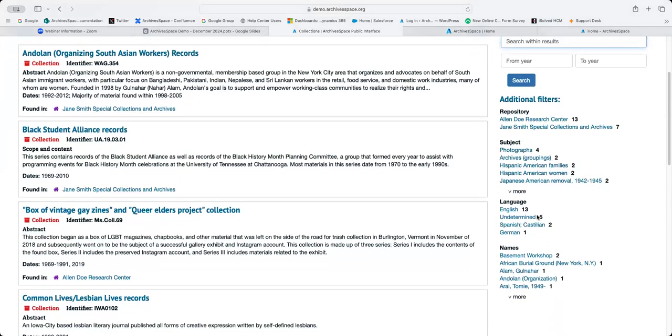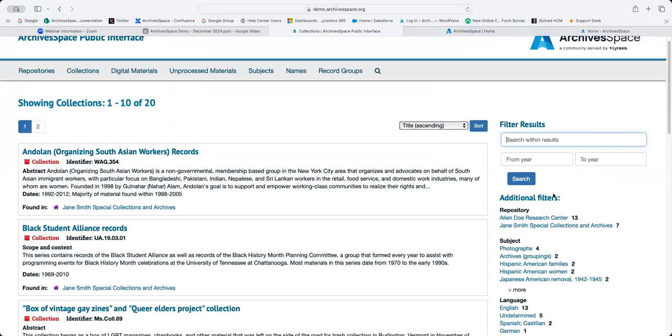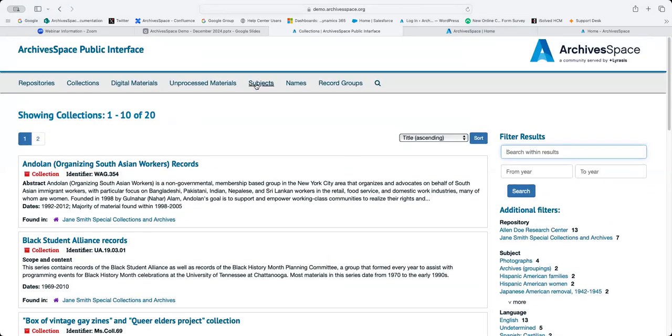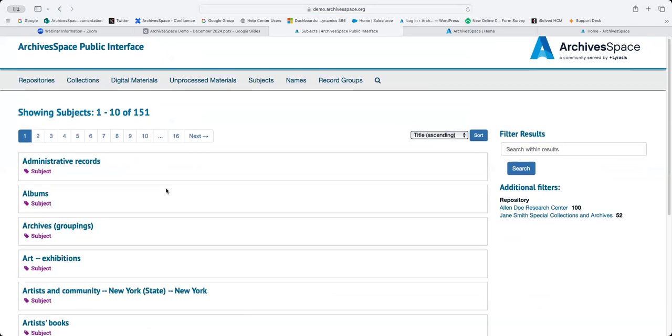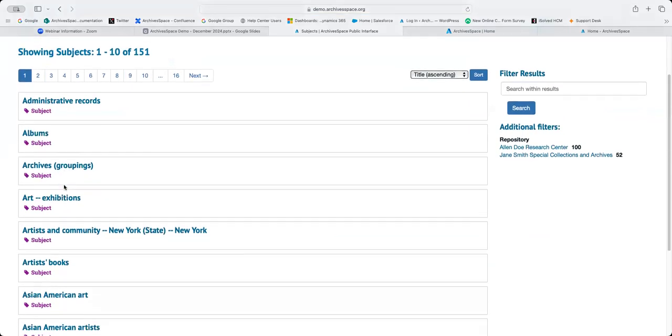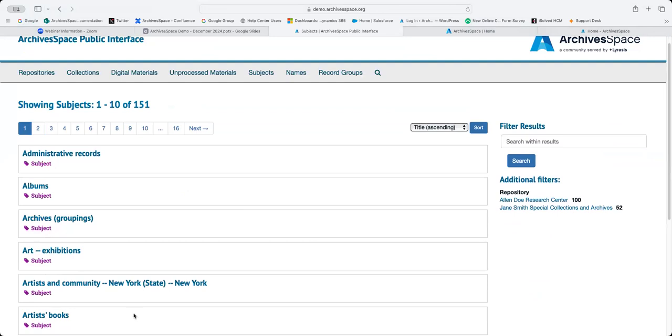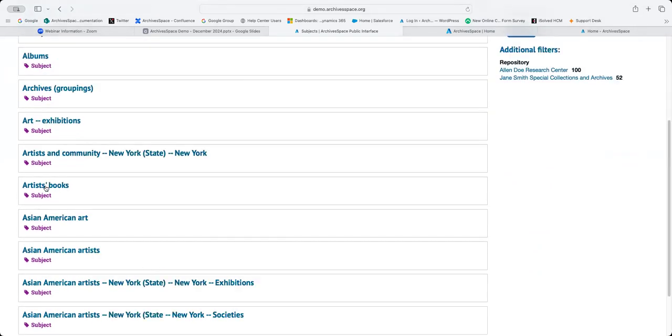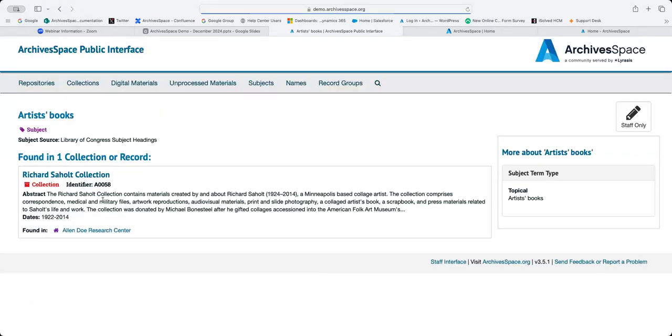This is where it becomes really handy to make use of linked records like subject records and agent records, because then your researchers, if they know what subject they're researching, are able to find all related material across all of your repositories. It's really great for researchers. And if they're specifically looking for a subject, like I said, they can search for subject terms themselves. And all related collections will pop up. Here there's only one related collection, but if there are a bunch, that would be very helpful.